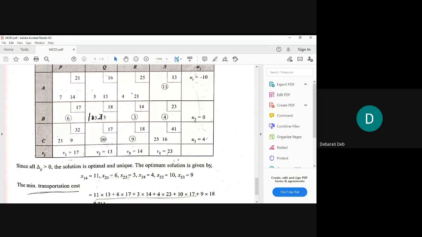That is how we find out whether the solution that we have arrived at is optimum or not. Understood? So this right hand side number that we are writing at the bottom of each of the unoccupied cells has to be a positive one. If this is positive, then we can say that the solution is optimum and unique. If it is not yet clear, we will again discuss it in the next class.